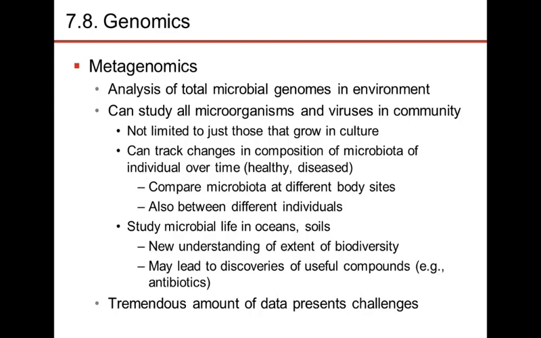So metagenomics is analyzing the entire population, like in your gut, and trying to figure out what every organism that's out there can do, how they work together, which ones need each other, which ones don't like each other, what antibiotics can they make, and all of those things. And that's another aspect of genomics and metagenomics. We know of about 400 different strains of one species that lives out in the soil, and they all make different antibiotics. Some of them are really, really good at killing other microbes.